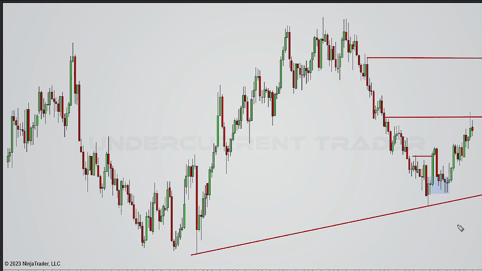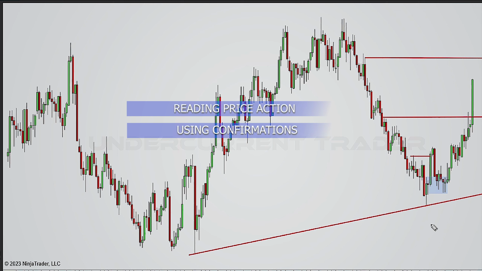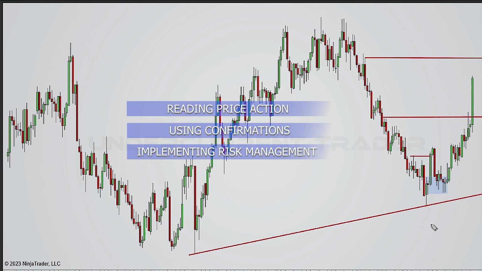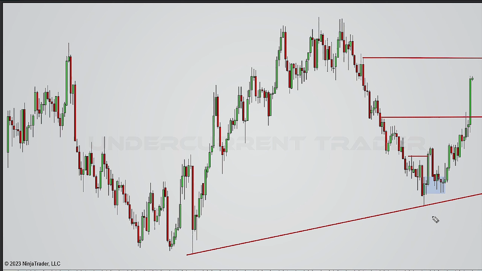As I have already mentioned in my previous videos, there are a number of ways to evaluate a trade. Personally, I rely on reading price action, using confirmations or filters, and implementing risk management. It is crucial, guys, to have filters in place, otherwise abstain from trading. In this particular trade scenario, we have the necessary filters that could result in a potential long entry opportunity in the market. This implies that once the